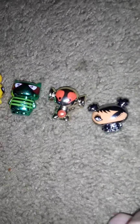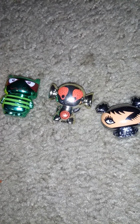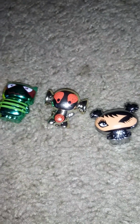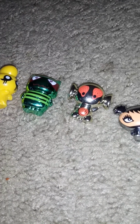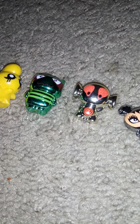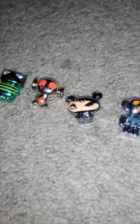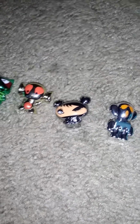These chrome ones here, I believe I got these when I was in 7th grade. I want to say 6th grade, but I feel like it was 7th grade when I got these. My 7th grade year was 2014 through 15, and I was 13 at the time. I thought it was a really good year. I got these around Valentine's time. Yeah, pretty good,